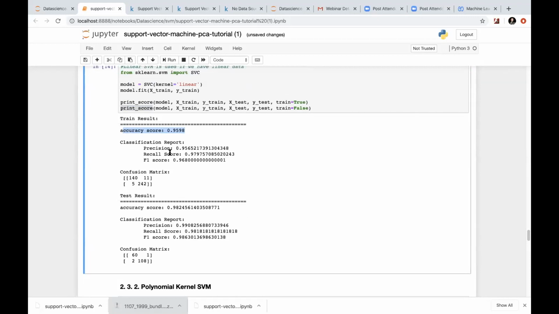Then precision recall score, I will come to this in a while. Let's discuss a little bit about the confusion matrix. So this is the confusion matrix, and does everybody know about the confusion matrix here, or shall I give you a brief introduction about the confusion matrix first? Okay, I will give a brief about the confusion matrix. So first what we are going to do, this is 140, 115 and 242, right?